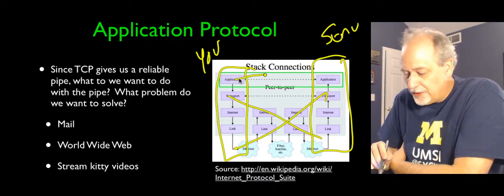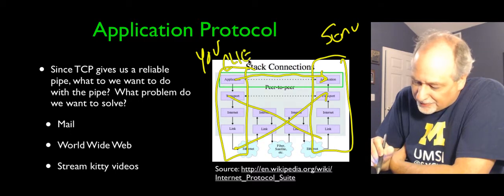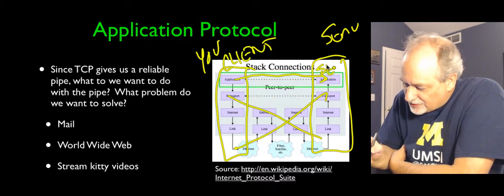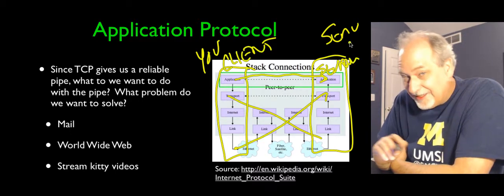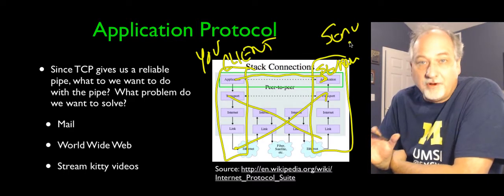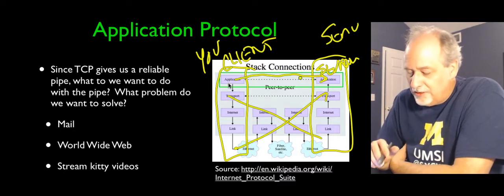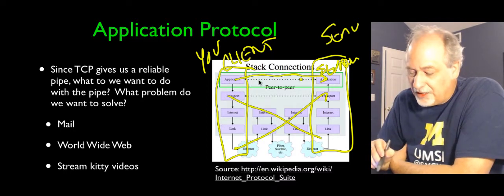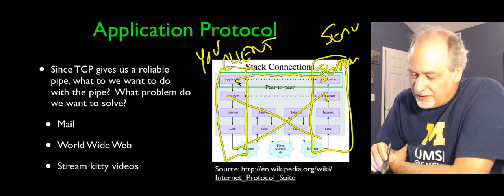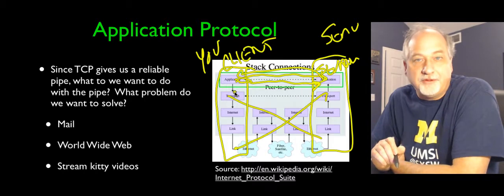How are we going to ask for data? This application is the client application, and this application is the server application. Client and server are not the same; they are likely very different applications. The client is like, give me information, and the server is responsible for giving the information to the client. So the client is often making a request, and then the server is making a response back.